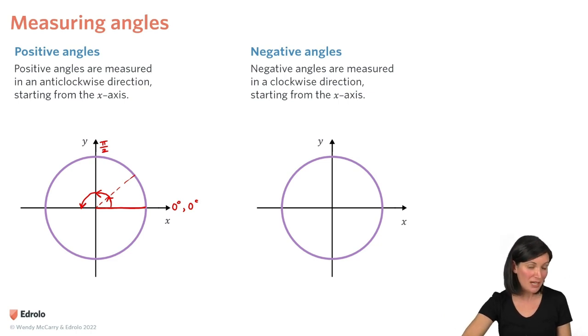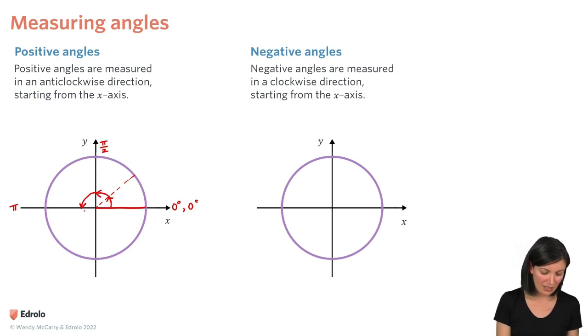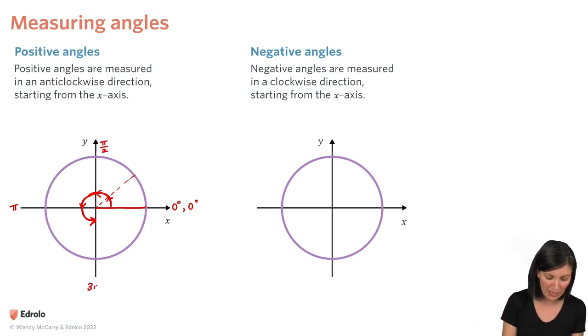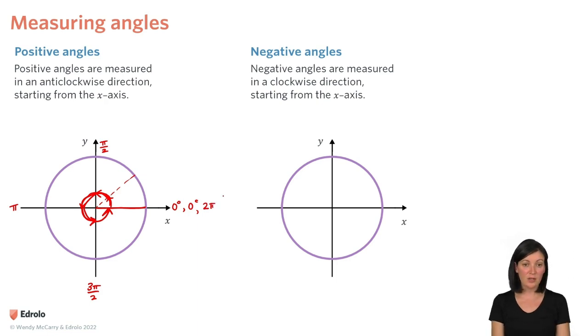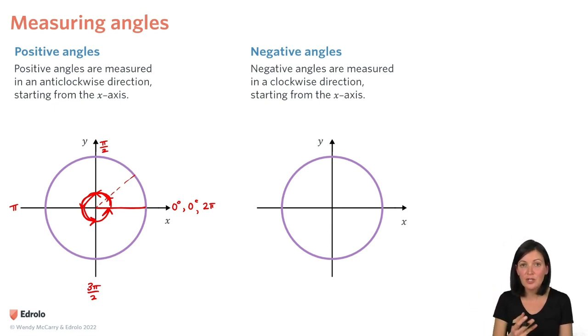We know it's 180 degrees, or pi radians, okay? Keep going. This whole angle, starting at the x-axis and going 3/4 of the way around, would be 3 pi on 2 radians. And then I could do a whole rotation, which would be 2 pi radians, okay? So that angle on the x-axis is 0 or 2 pi,